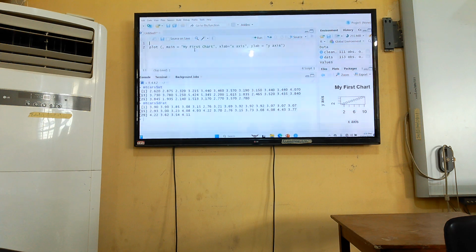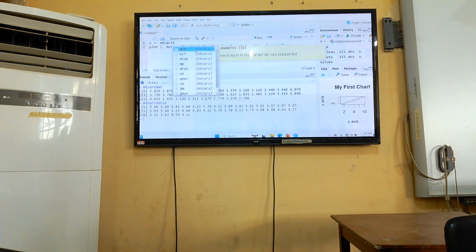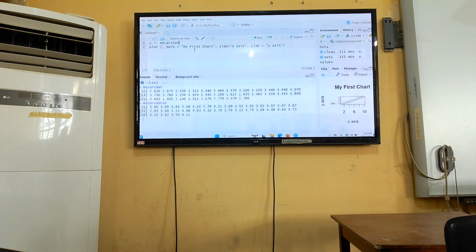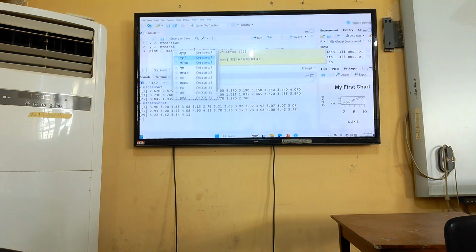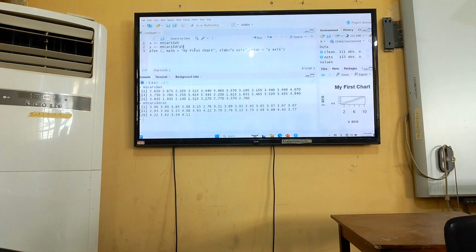In this case, our x-axis is mtcars$wt, and then our y-axis is mtcars$drat. You plot x against y, so x first before y. So you have x, comma, y, comma,